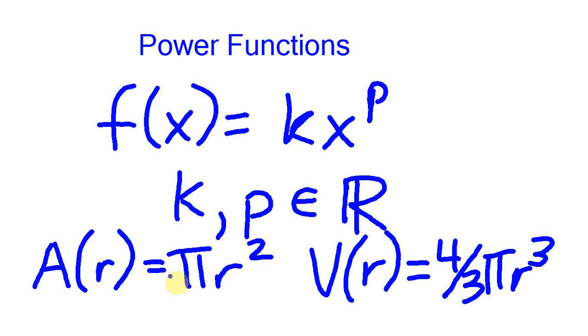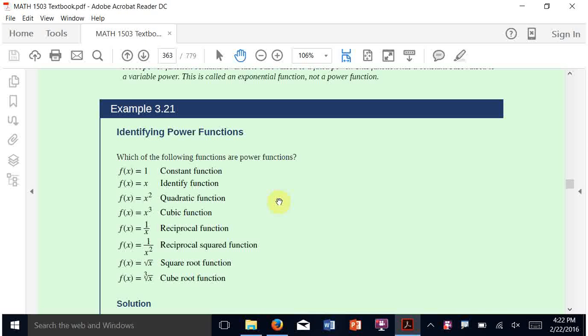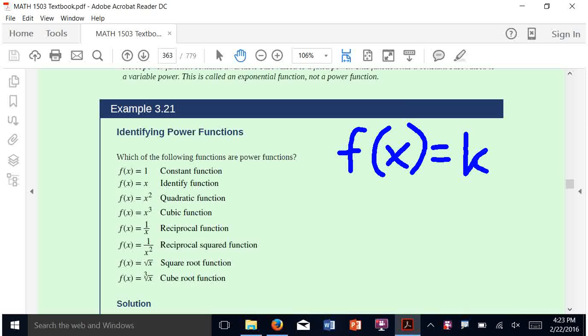Okay, let's look at an example from the book. Which of the following are power functions? So we're given a whole slew of functions, and these are all functions, by the way. And many of them, actually all of them, are toolkit functions. And they're asking, are these power functions? Well, we need to ask ourselves, can we put these in the form of f of x equals k x